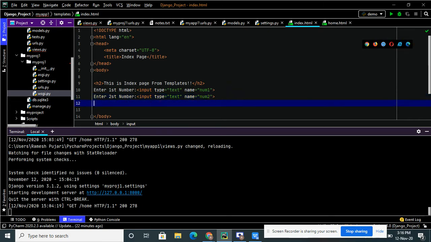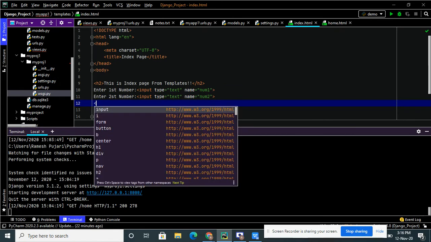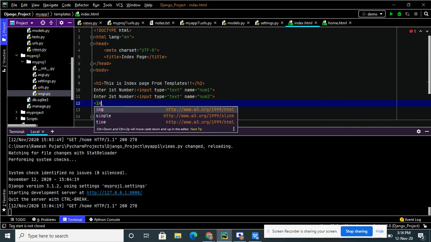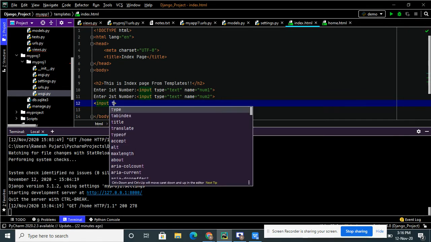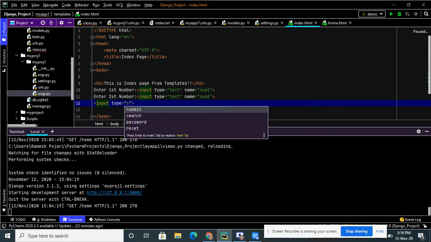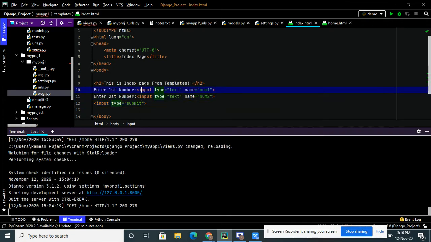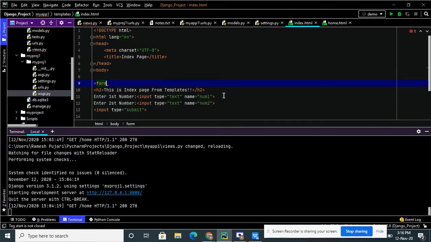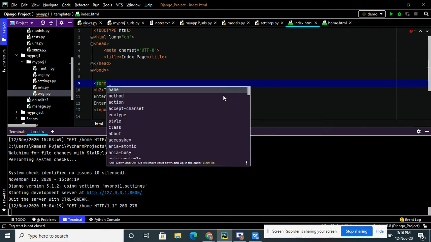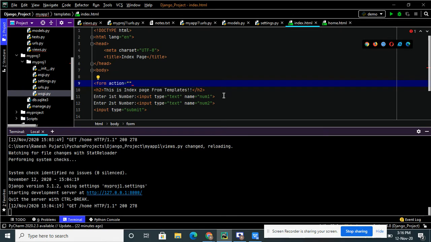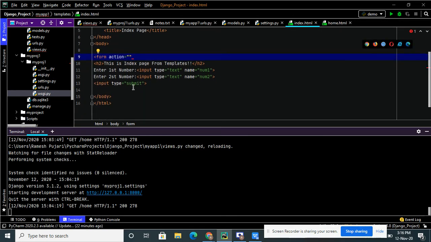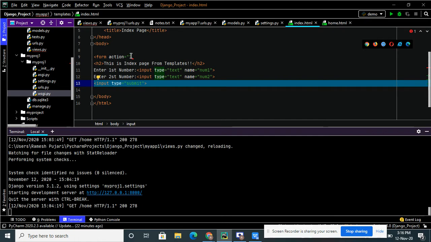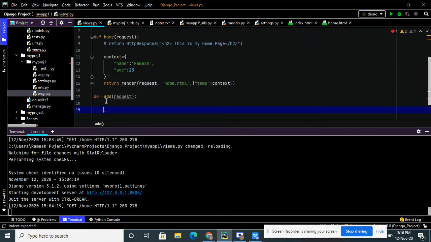I will take one button to submit the form, so input type is equal to submit. Now I have to take the form, so to take a form we have to declare the form tag, with form action. I have to define what action should happen if this button is clicked on submit. In the view I have declared add as a method, so I will perform it in add.